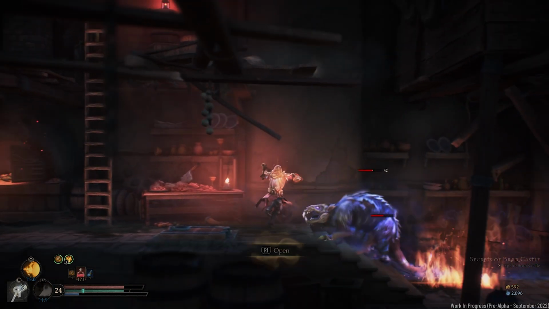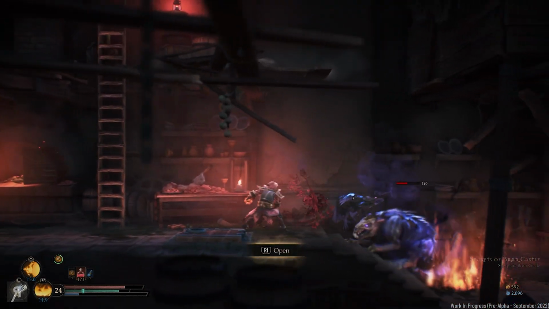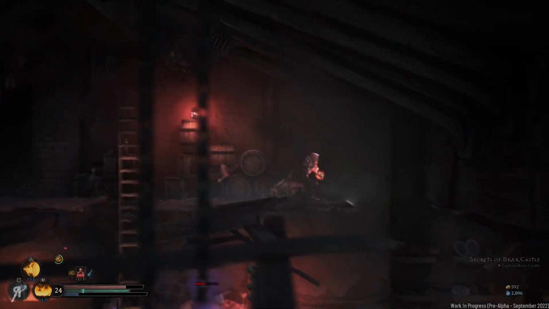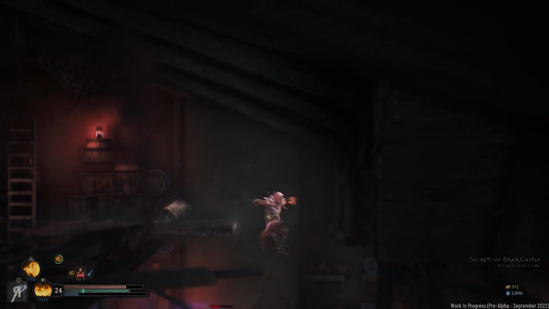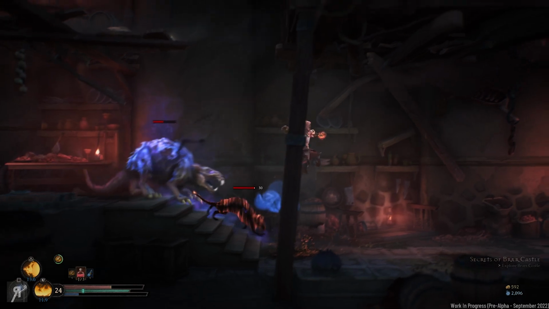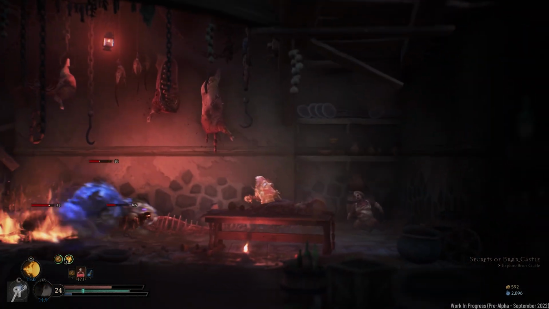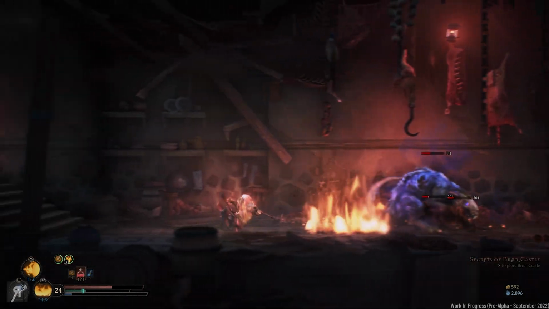There we go. Oh, now there's two of them. Oh, okay. I see. I didn't realize that he could actually summon multiples. I'm actually going to go up here. Can I actually... oh, okay, okay. Wait a minute. No, I thought I could actually do like a jumping attack on it or something, but it doesn't seem like